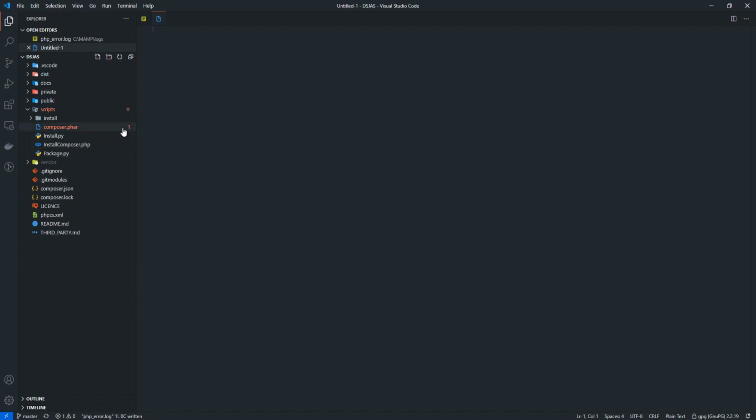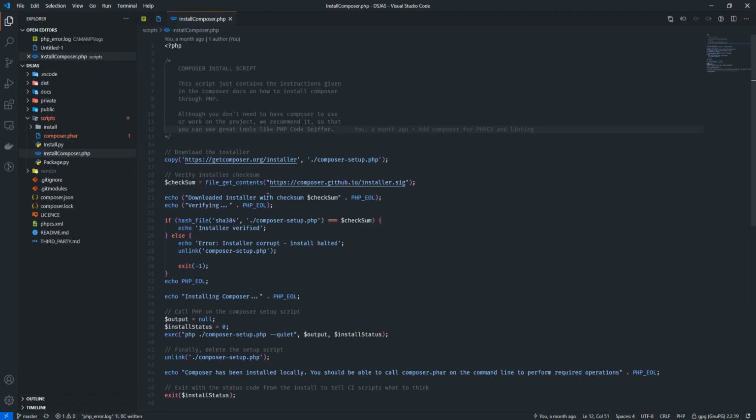and VS Code's really not happy about that and highlighted the entire file red. But if we look inside of the install composer script, you can see all it does is download the composer installer from the latest version that it gets from an API that's set up on that website, and it then runs the composer setup script with the quiet flag to make sure that it doesn't produce any command line output, and it then unlinks that file, basically permanently deletes it from the file system, then echoes out a message, and